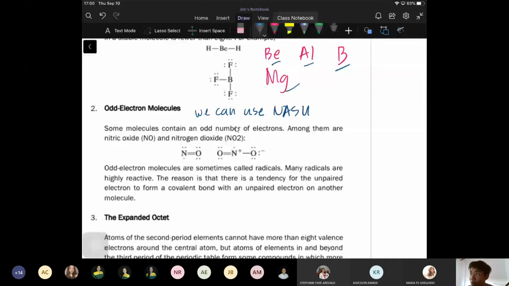The idea in the NASU rule is, when A is odd, it is not divisible by 2. So what do you do with the extra one? The extra 1 electron, the reason it became odd,